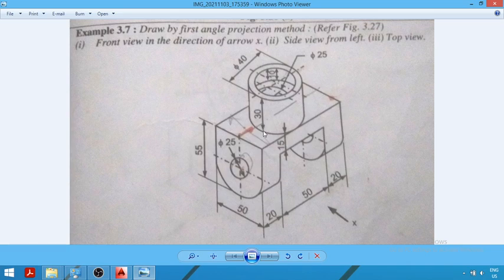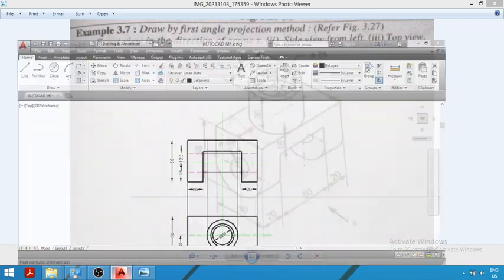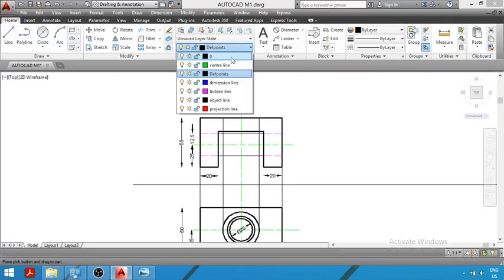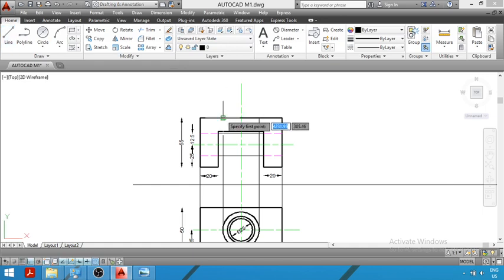You can see the vertical height of this cylinder is what? 30 mm. So in the next step we will draw two vertical lines of height 30 mm. From this first point, I will draw a line of length 30 mm. Similarly, from this end point I will draw a line of height 30 mm.